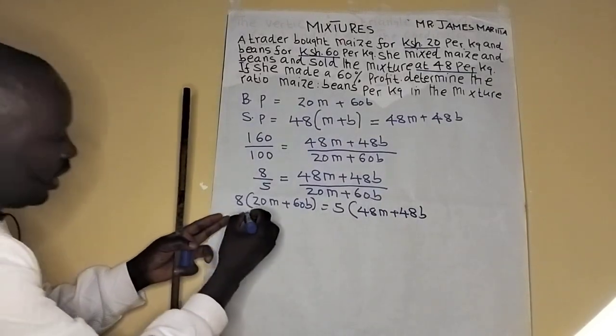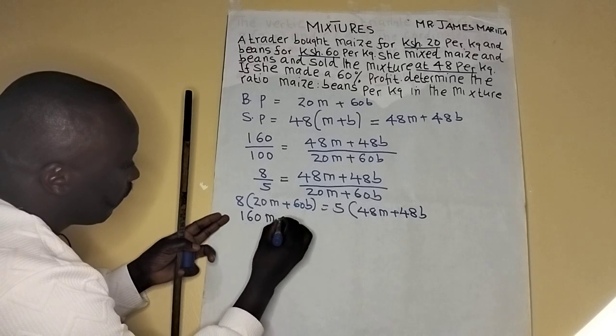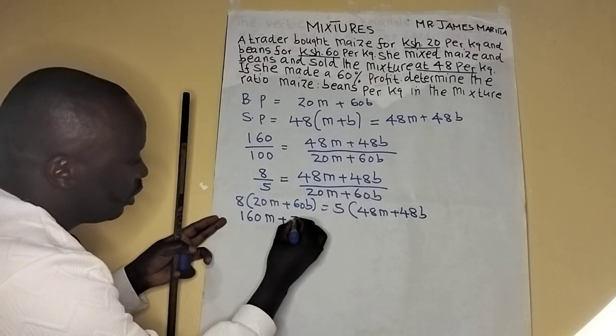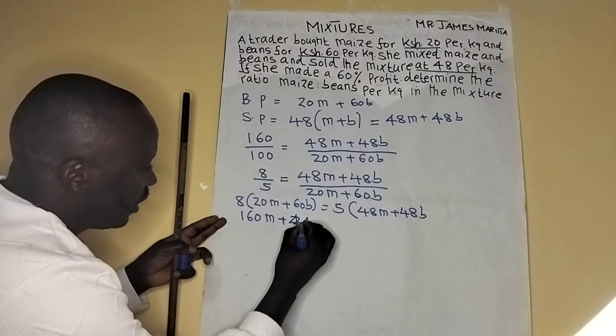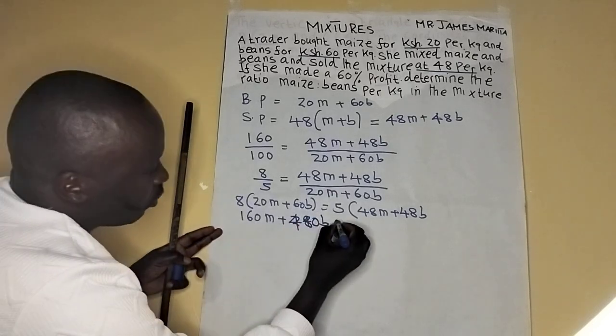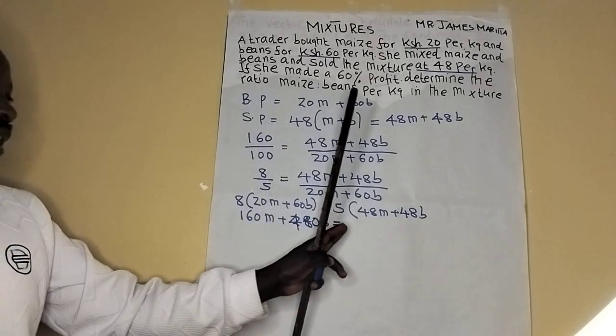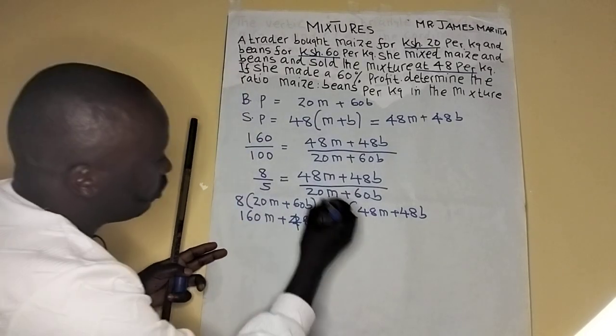We can open the brackets. This gives us 160M plus 480P, which equals 48 times 5, giving us 240M,